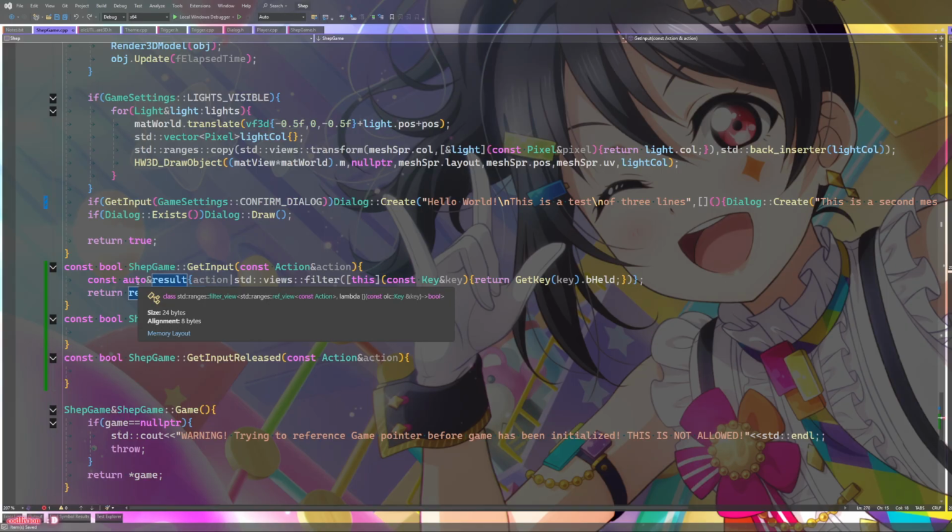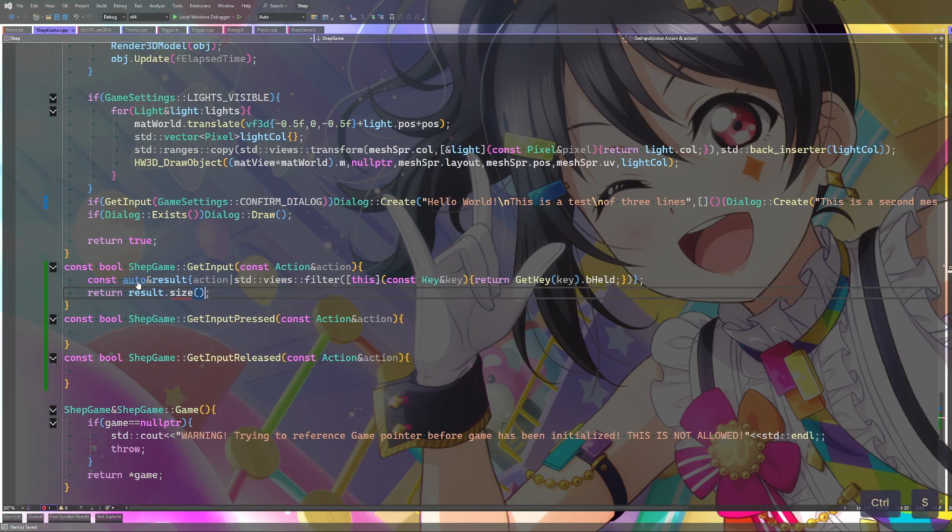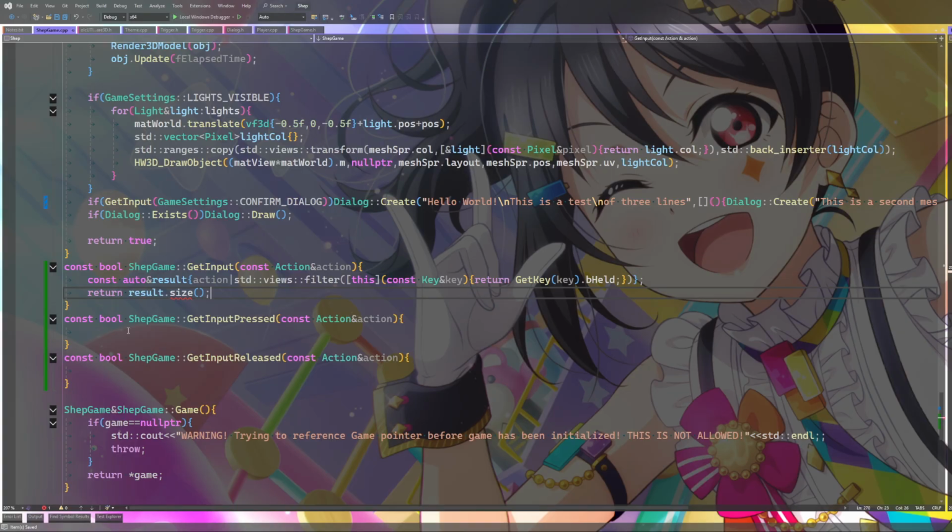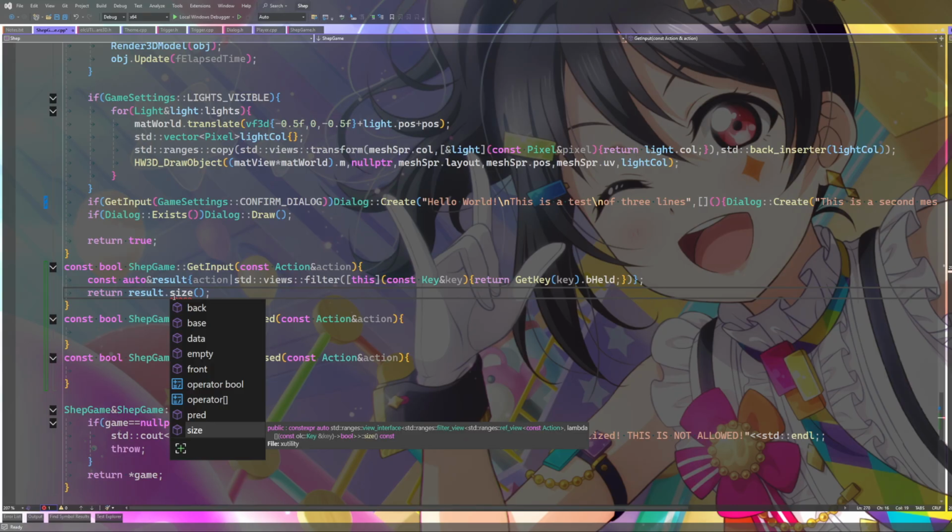What is this? This is a filter view, ref view with the size, right? Object type is filter view. What? Bool. Matches the argument list. It also... What? So confused. Anyways, I assume size is like literally a... Huh.